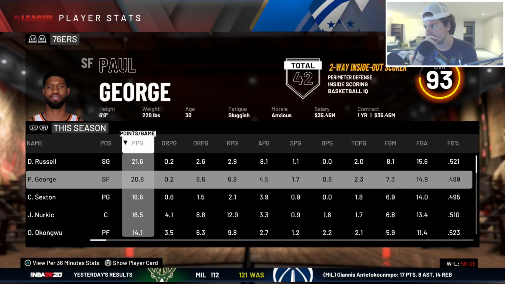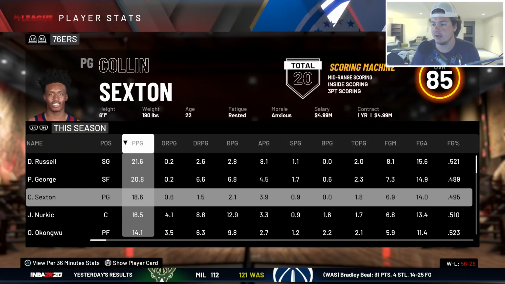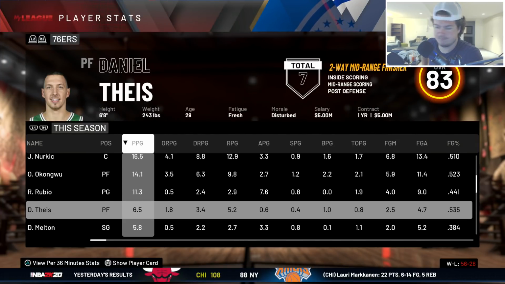Player stats, D'Lo, Paul George, who was a free agent this offseason. Colin Sexton says clearly this isn't a good fit. You have a player option, Bunzo. You ain't going anywhere. Yusuf Nurkic, Okongwu, Rubio, Tice, who...